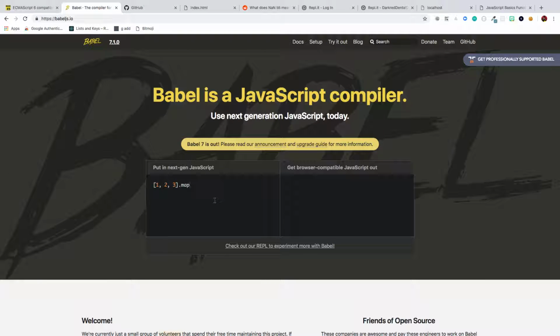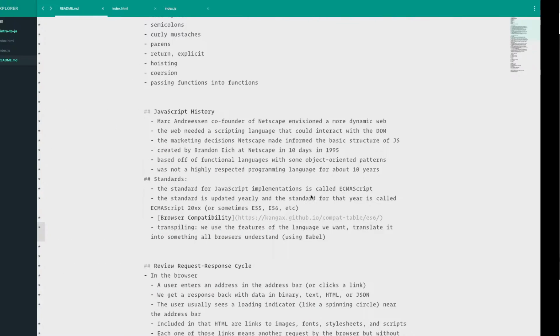I like this. So for instance, if you write something in the newest JavaScript, you can see how it gets turned into an older version. We don't use var as much anymore, and we like to use things like arrow functions. So this is how your code gets transpiled into an older version. Any questions about that? All right, so let's move on to the request response cycle.